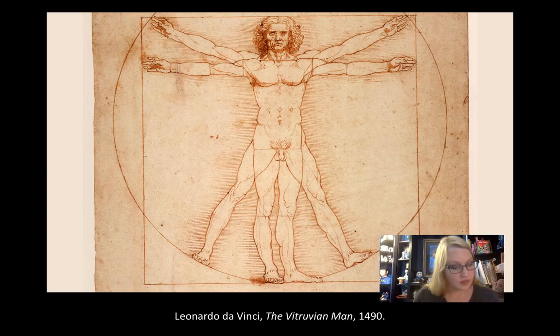So this is Da Vinci's Vitruvian Man, named after the Roman architect Vitruvius, who set up the ideal of perfect proportion, physical perfection, the magic of the circle and the square, the only two perfect shapes that go on into infinity. And so Da Vinci is answering a riddle. Is the human perfect? Can it fit into the perfect shape? And he's showing that yes, a perfectly proportioned human